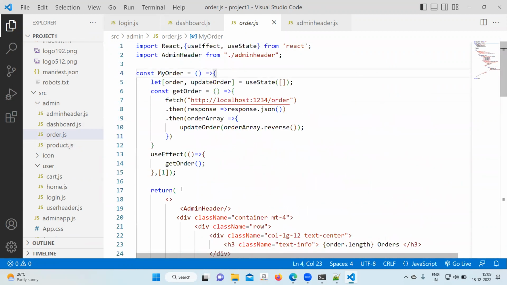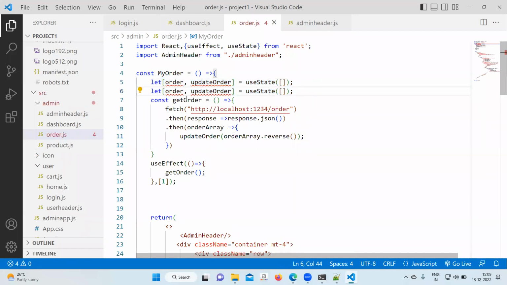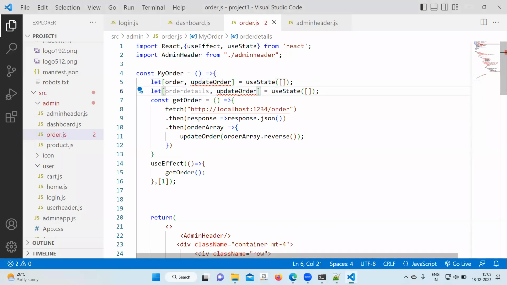Okay, first what I will do is create an array called order details. I'll write here update order details. It is by default an array. After that,